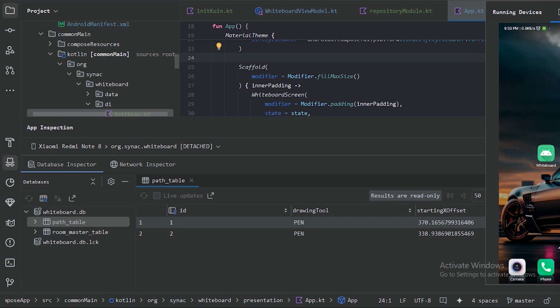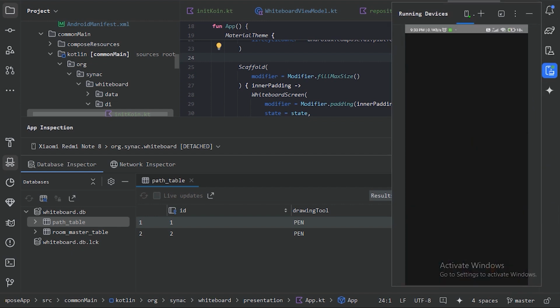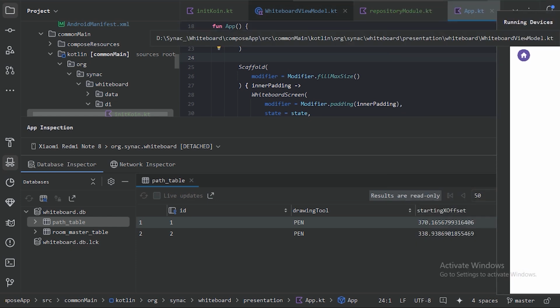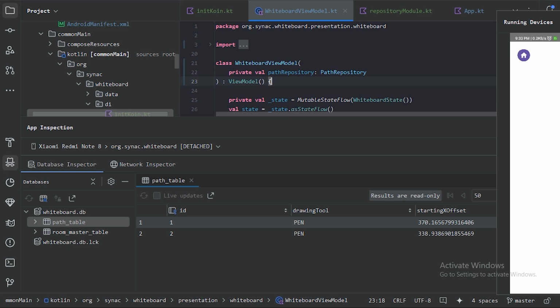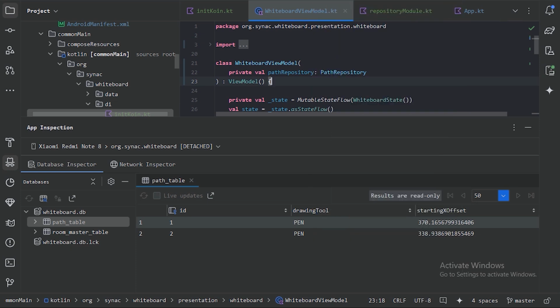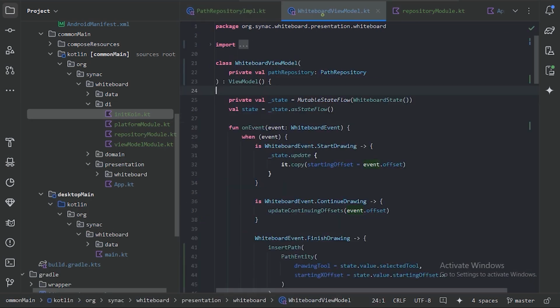But here few more things we need to correct. First thing, if I open the app again, then we can see we have lost those paths we created. This is because in our whiteboard view model, we are just inserting the path data into the database, but not retrieving the data from that database. So we will do this next. First, let's minimize this app now and close it also. And first thing, let's close these files